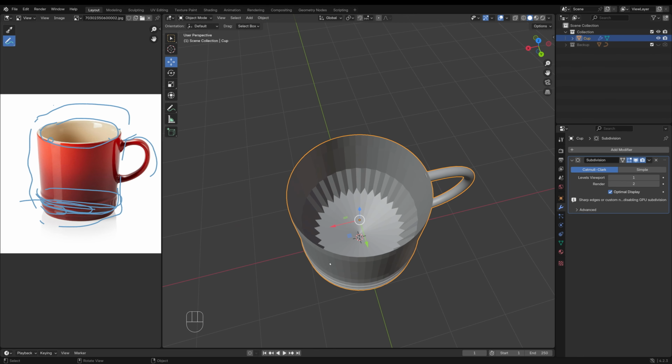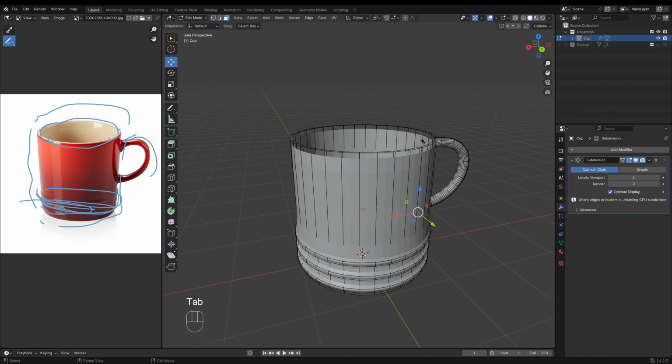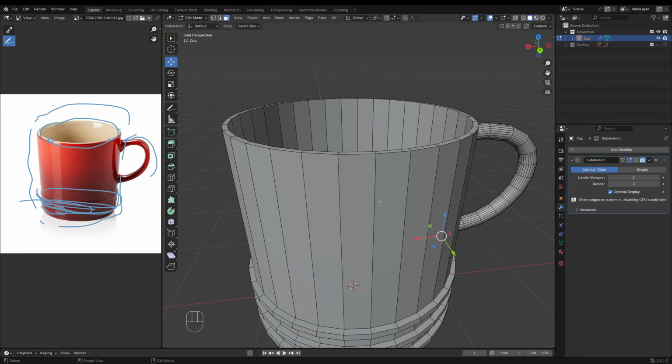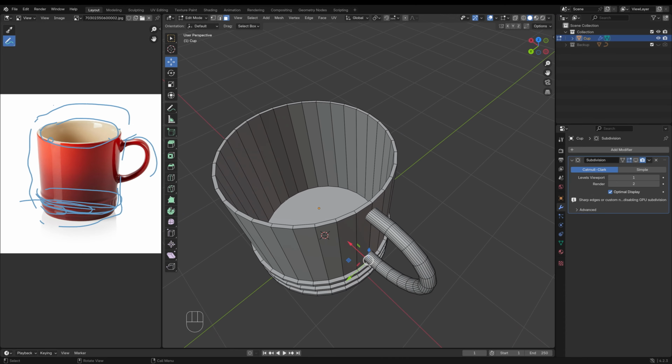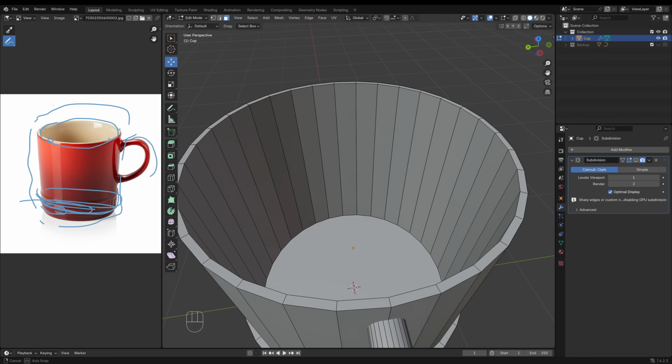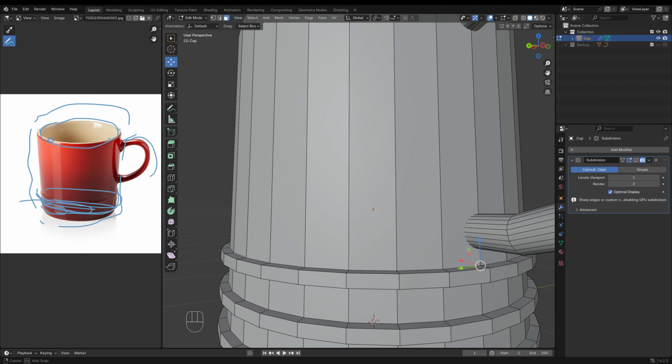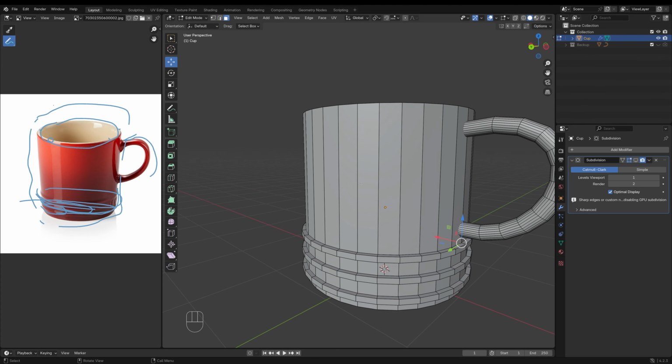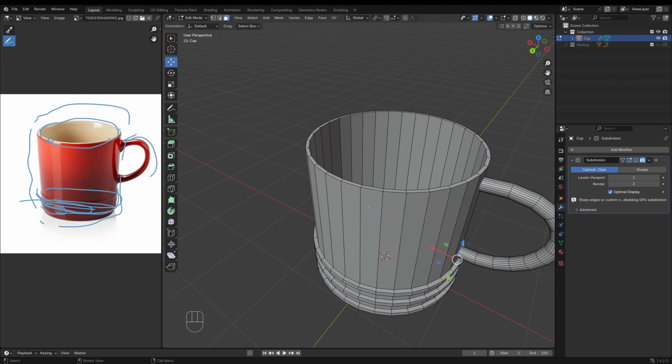Now the reason for this is, if you go into edit mode, this is why modifiers are non-destructive. Like I said, you can turn it off and on whenever you want to. But if you notice on our model, aside from this loop cut, we do not have any other loop cuts between these two regions. And what the subdivision modifier does is it smooths